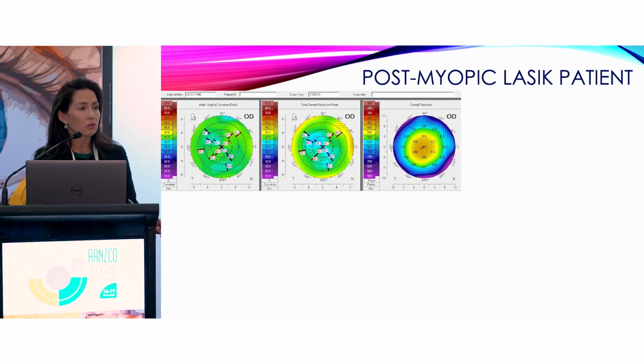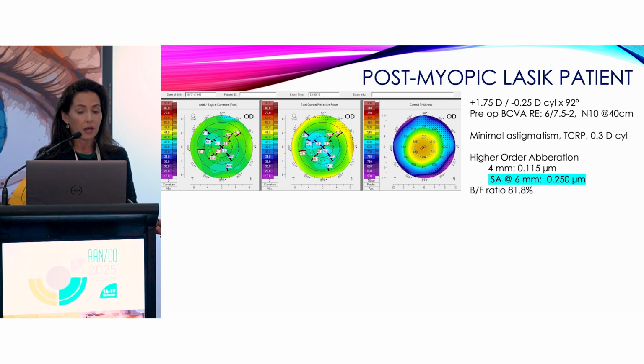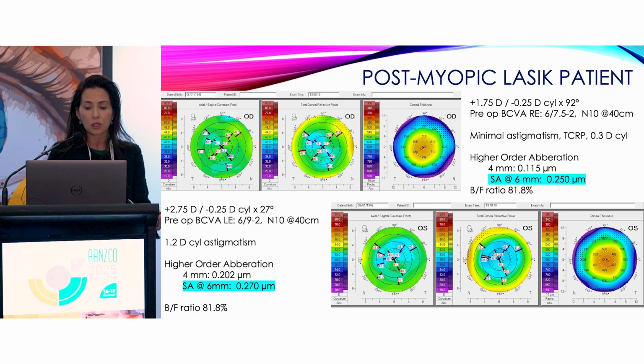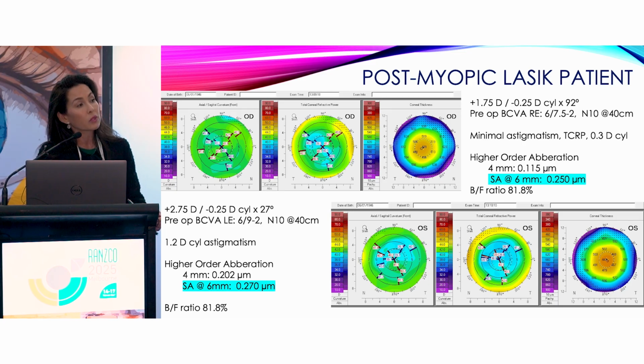So I like to give examples by case studies. So this is a post-myopic LASIK patient. This is her right eye. This is her left eye. She'd undergone a hyperopic shift because of the presbyopic changes and then the hyperopic changes. And in the right eye, there was minimal astigmatism, but there was a significant degree of astigmatism that required correction